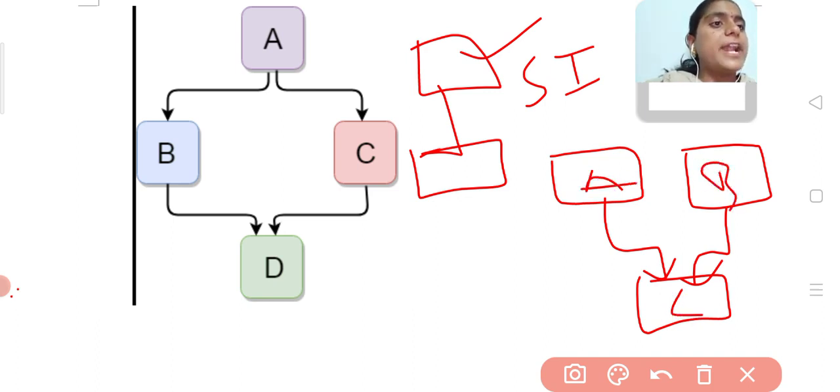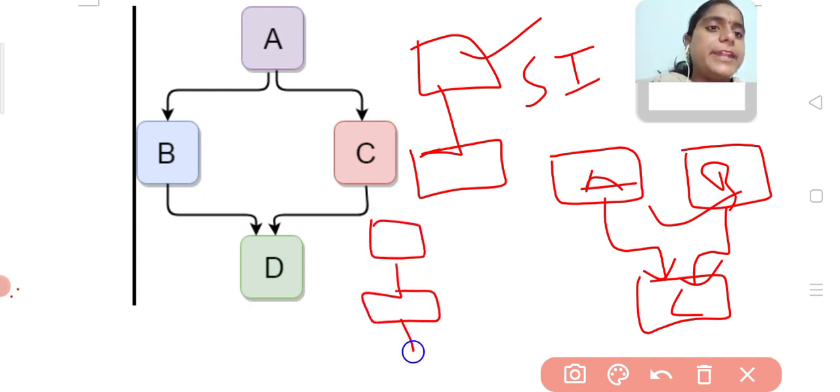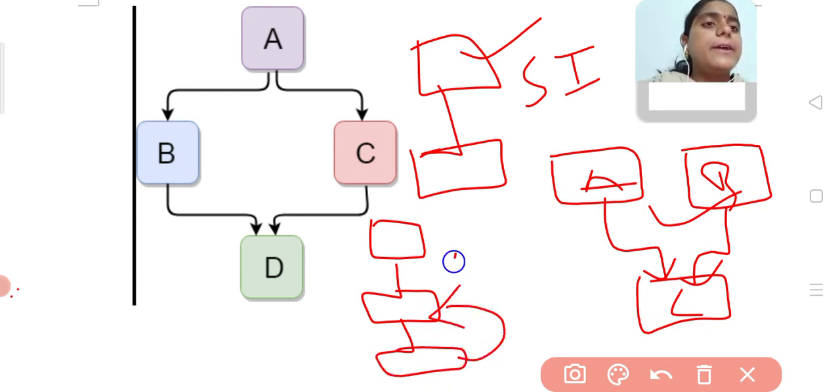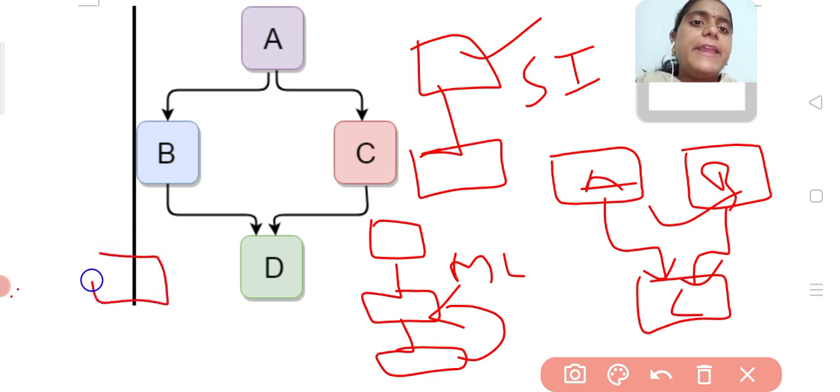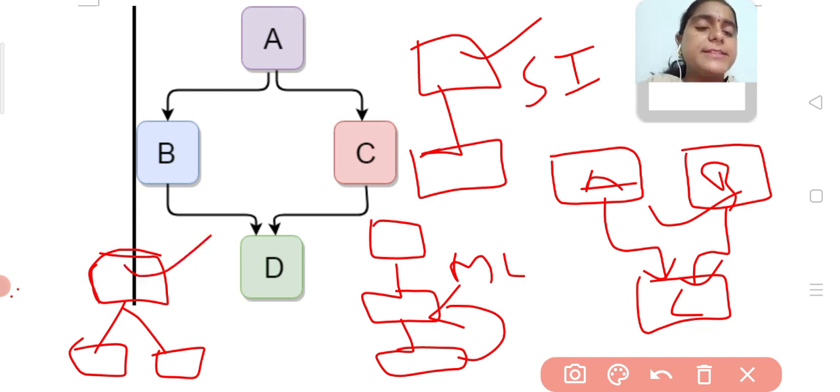Coming to multi-level inheritance, when one child takes the properties from another child, it is called multi-level inheritance, right? And what is hierarchical inheritance? If 2 or more children take the properties from one parent class, then it is called hierarchical inheritance.